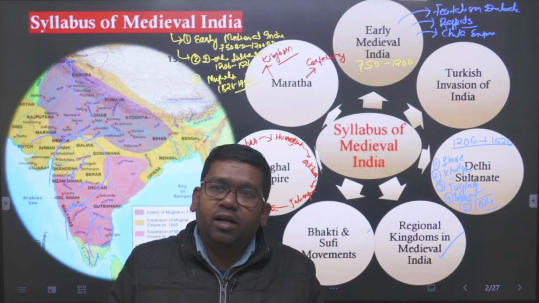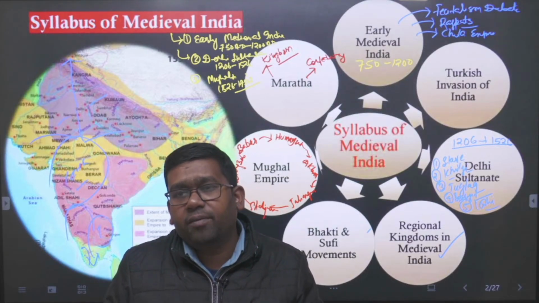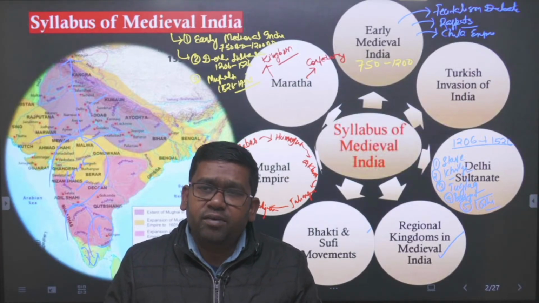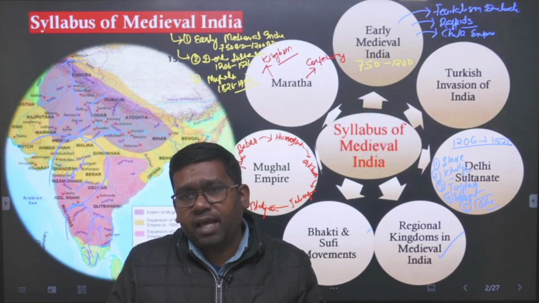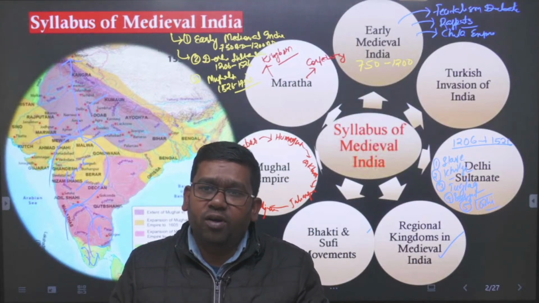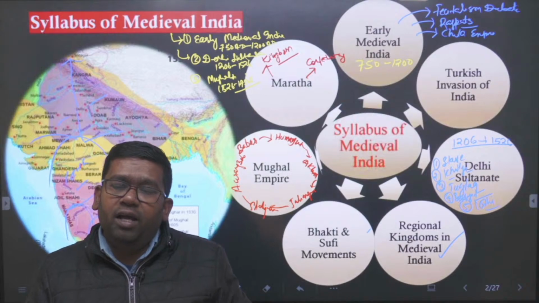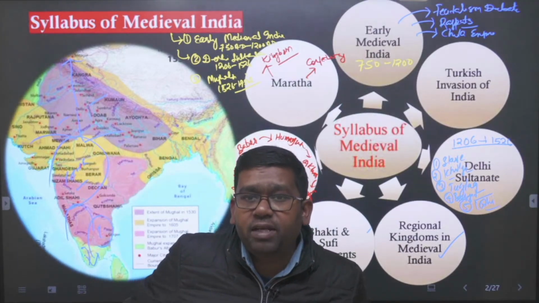That is Scindia, Peshwa, Gaekwad, Bhonsle and this one. Okay, so this is Maratha. So we are in the 1750s when we complete medieval India, and finally from this time the Europeans also came, right, and this period starts as modern India. So from 1750 onward generally people say modern India; the 18th century is defined as a dark age. Okay, so this is the complete syllabus of